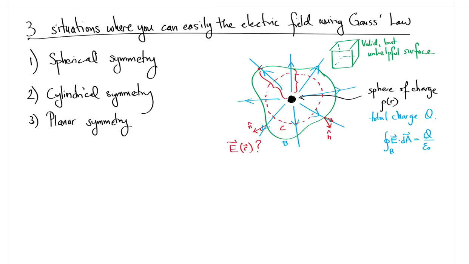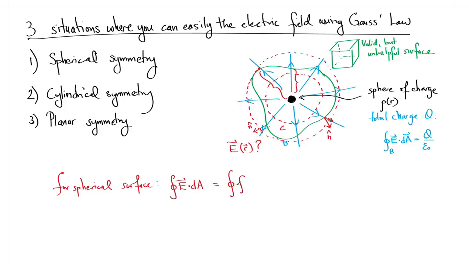So if we wanted to know the electric field at this point here, what we would have to do is just draw a bigger sphere, right? So for this bigger sphere now, for the spherical surface, we have E dot dA, and we know that E,